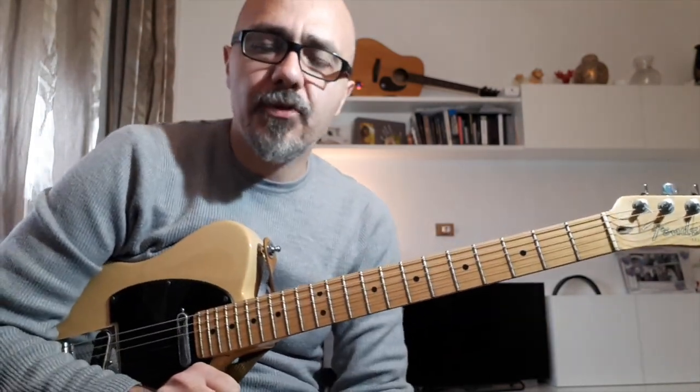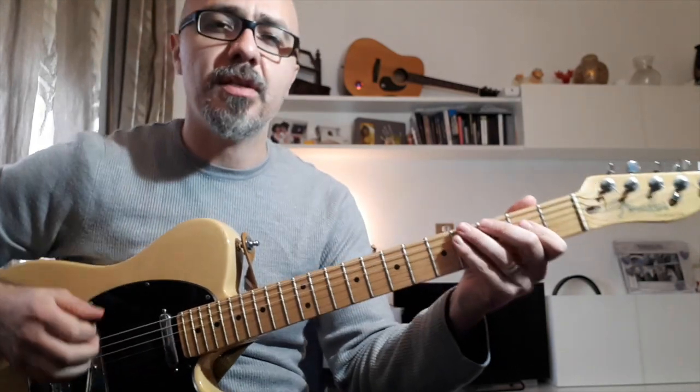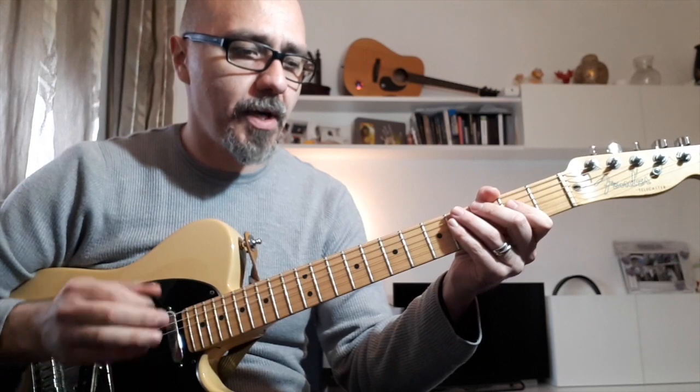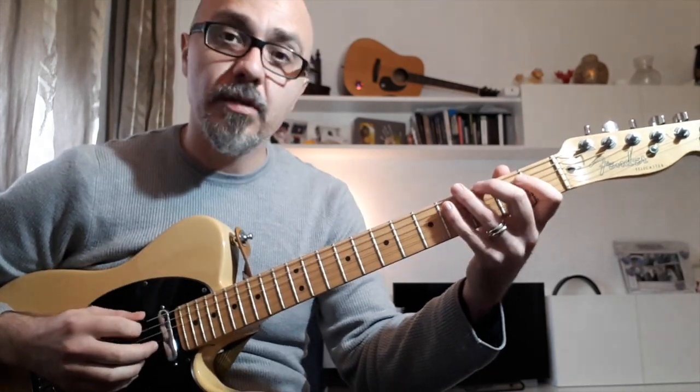The first thing to do is to learn the shapes and then apply them to a standard blues progression. So imagine the 12-bar blues, simply play the arpeggios for looking at and learning the fingering, okay? So let's try. G7,